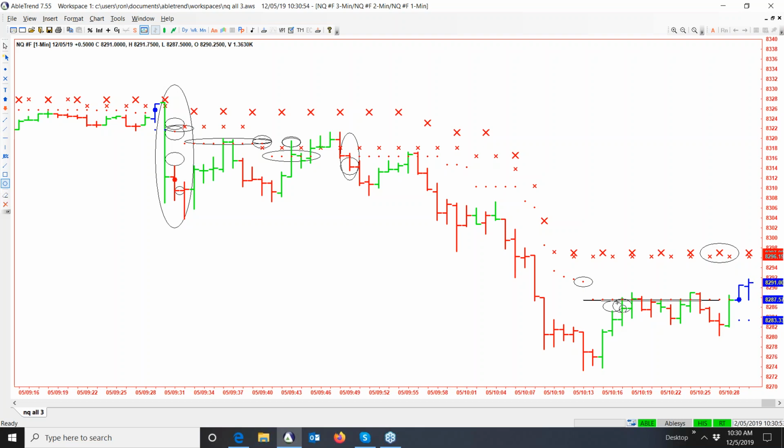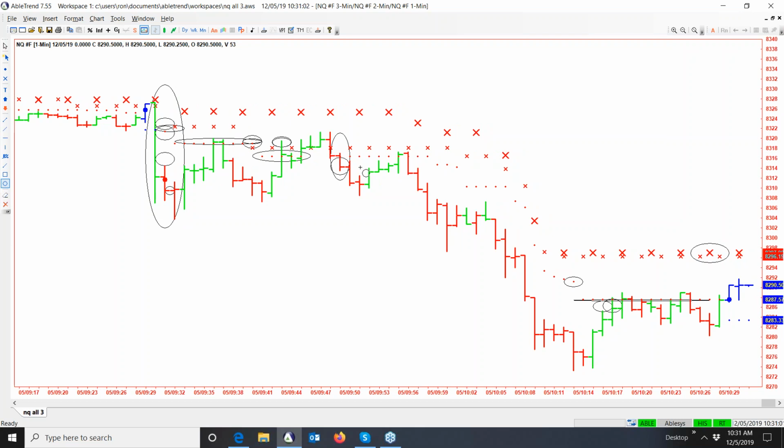So technically, for people a little more advanced with AbleTrend, we stopped at 86, but no big deal. We're out now anyhow at 90. We went short at 14. What are we looking at? 24 points. I mean, that's a nice piece of change at $20 a point per lot. That's for one contract. So pretty good stuff. I'm glad you're seeing this live.